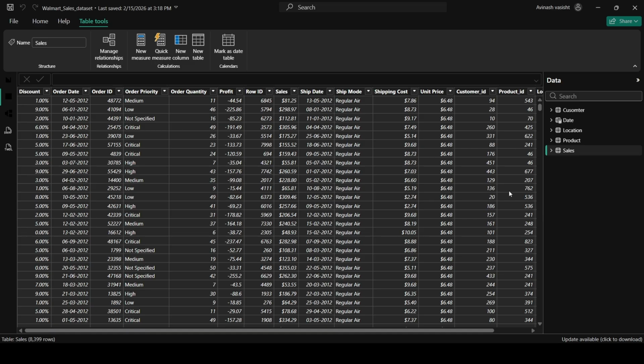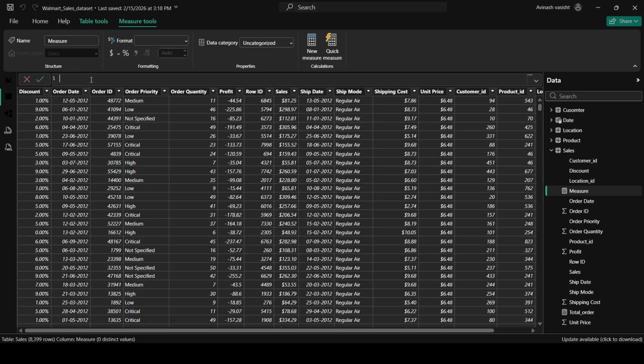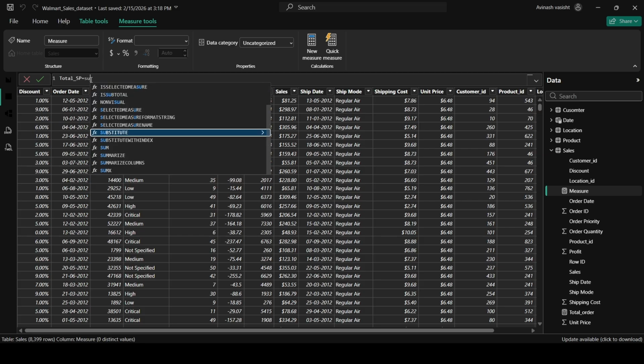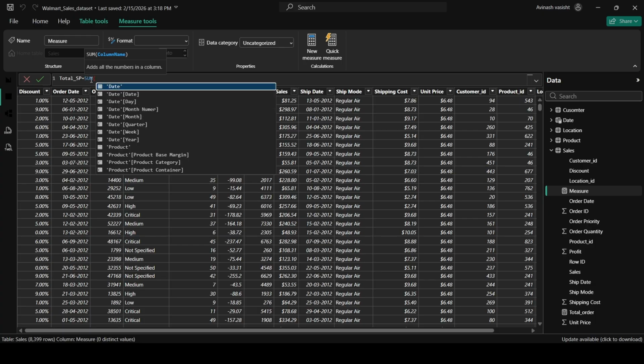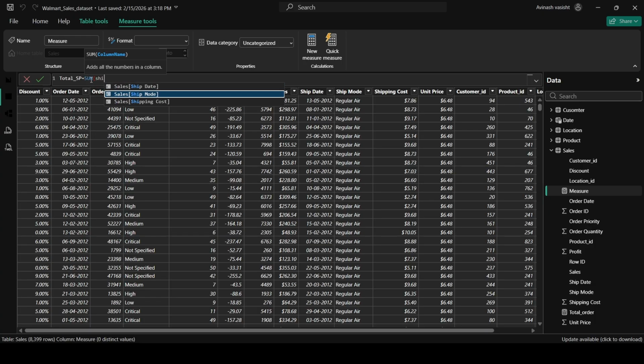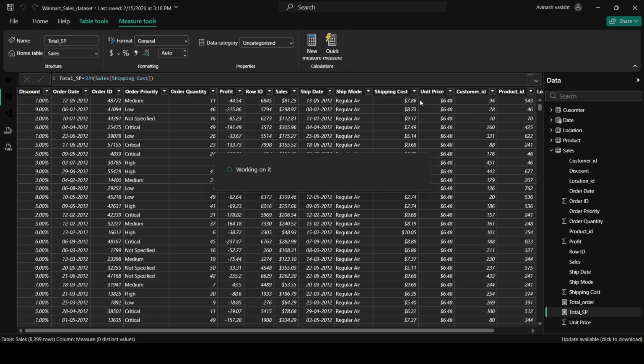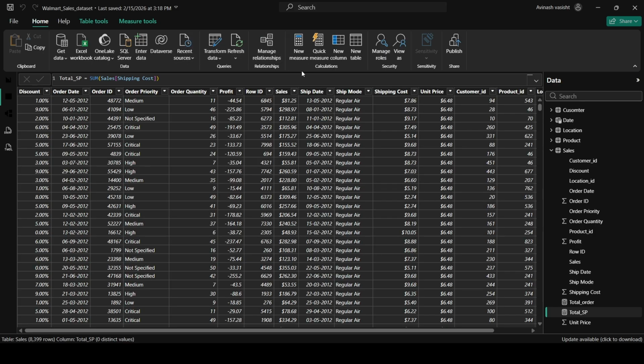First of all, we will use only the SUM function. Click on the new measure. Let's name it Total Shipping Cost. We will use only the SUM function, and the column is Shipping Cost. We have got the total shipping cost, but in the next scenario, we will use the CALCULATE function to get